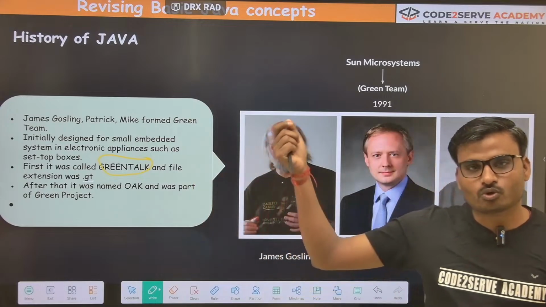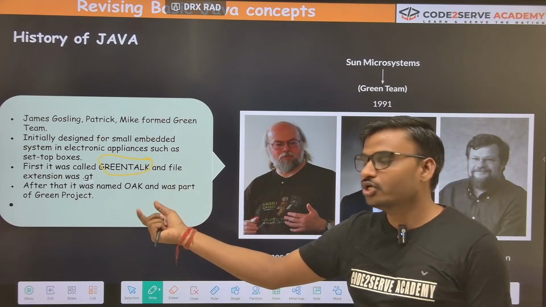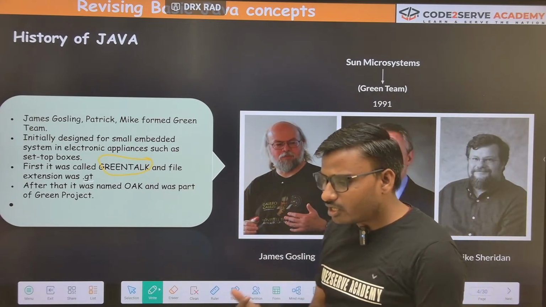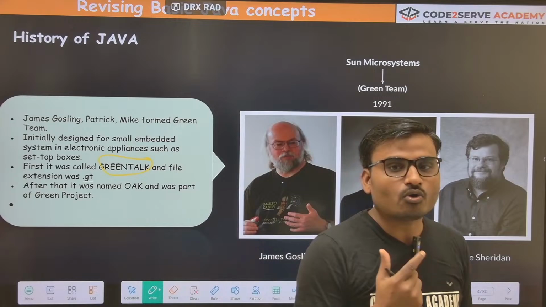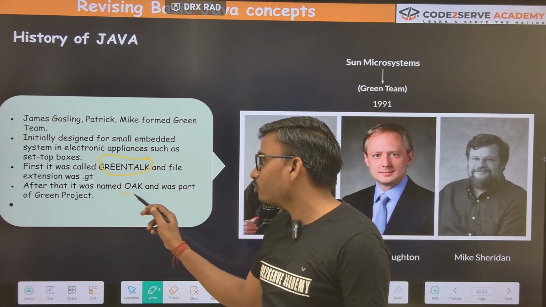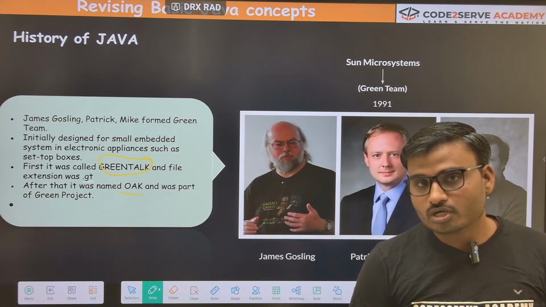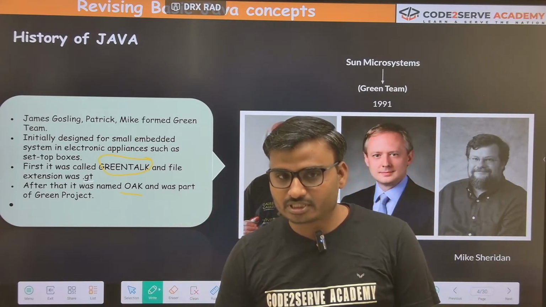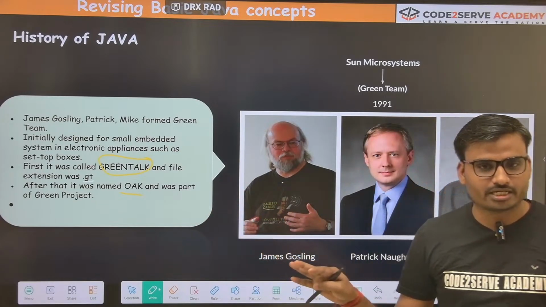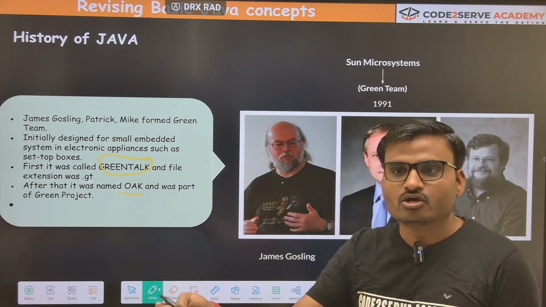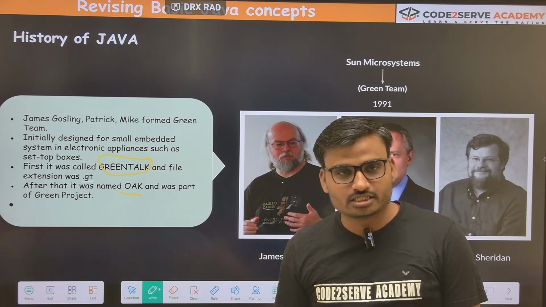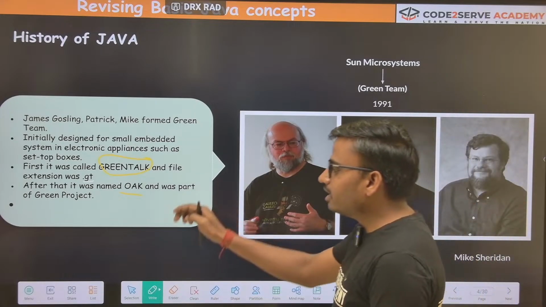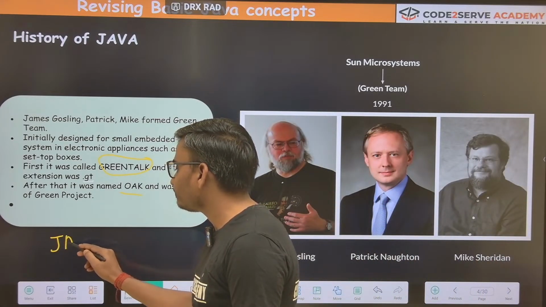जो भी इन्होंने फाइल बनाया, जो भी कोड किया, उनका एक्सटेंशन जीटी था। क्यों जीटी था? क्योंकि वो ग्रीन टॉक उन्होंने इनिशियली नाम रखा था। ठीक है, आफ्टर दैट उन्होंने नाम चेंज किया, ओक नाम रखा। लेकिन ओक के साथ इश्यू ये हो गया कि ओक ऑलरेडी एक नेशनल ट्री के तरह पे था, और दूसरा ये रजिस्टर्ड भी था, ठीक है। तो जो ऑलरेडी रजिस्टर्ड है वो ये लोग यूज नहीं कर सकते थे। इसके लिए इन्होंने नेम को फिर से चेंज किया, और लेटर इसका नाम पड़ा जावा।